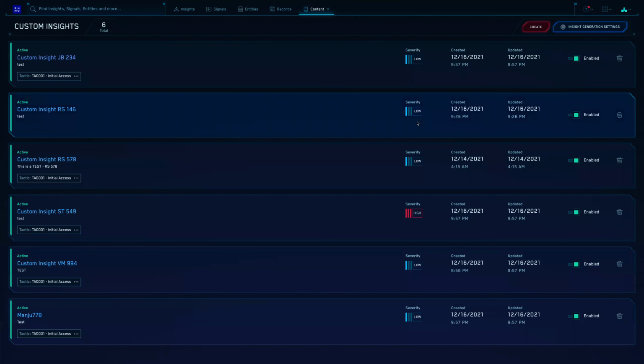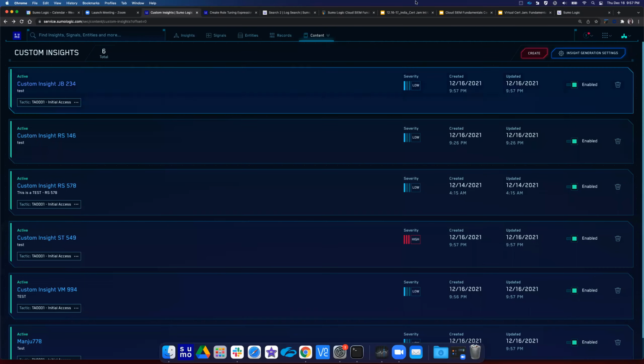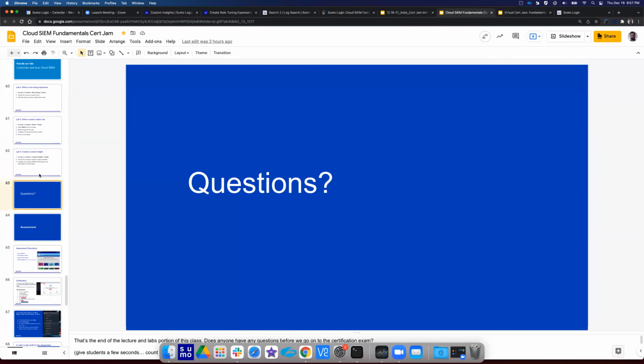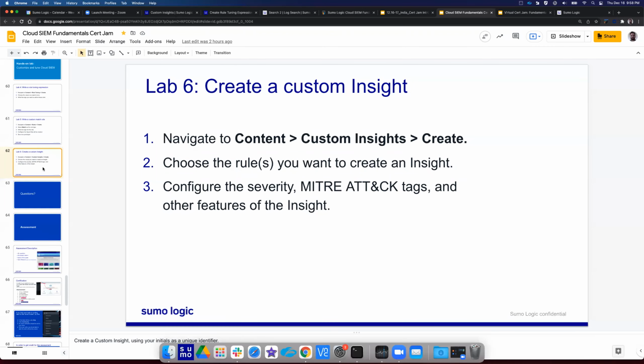All right, so let me go back to my deck, but that's really what we wanted to cover, at least through the lab guide and primarily through the slides as well. Let me just make sure I didn't miss anything. Yeah, I really didn't. What this was intended today was, like with fundamentals yesterday, an overview of the basics of the Cloud SIEM environment. Like with fundamentals, you can get much deeper. There's the admin course and other things to get deeper into it. But this is meant to be a start. Hopefully this was helpful. I think it was. I'll let you decide that.